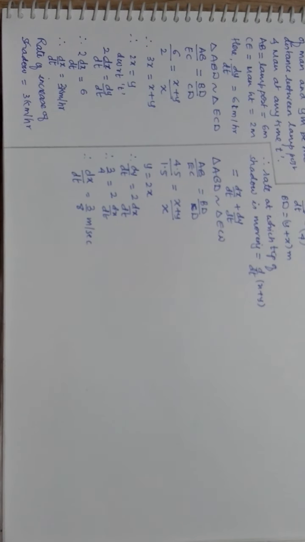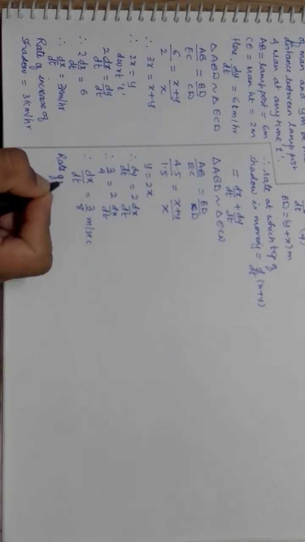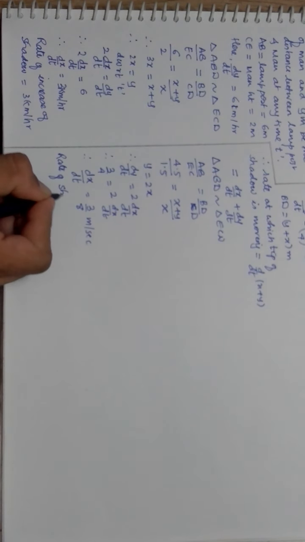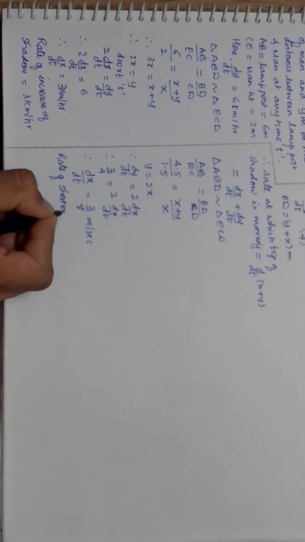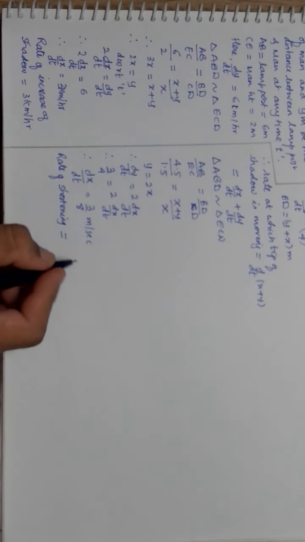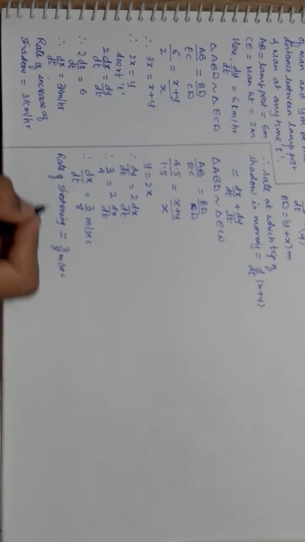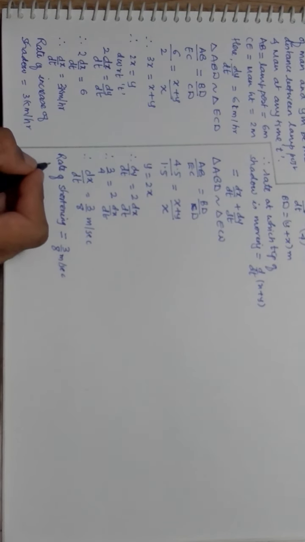So shadow shortening is asked. So therefore rate of shortening of shadow, I am not writing whole sentence. Rate of shortening of shadow is 3 by 8 meters per second, and rate at which the tip of shadow